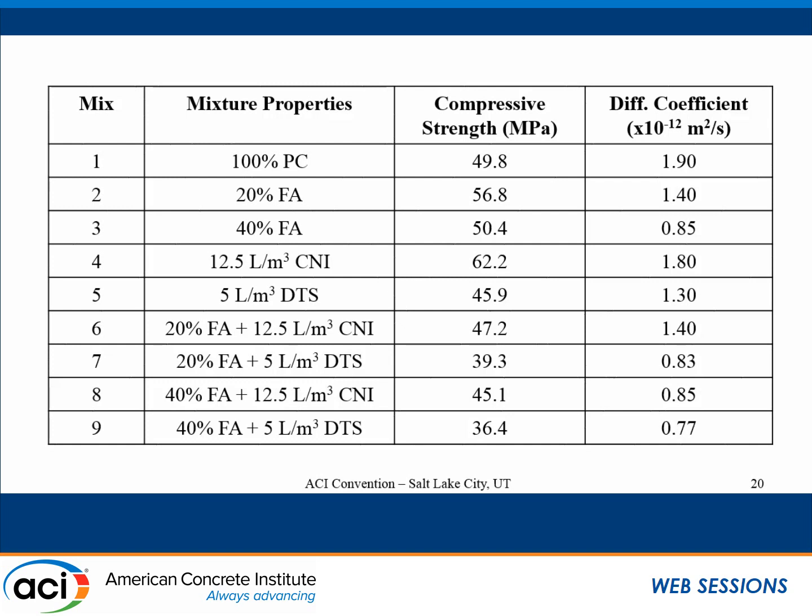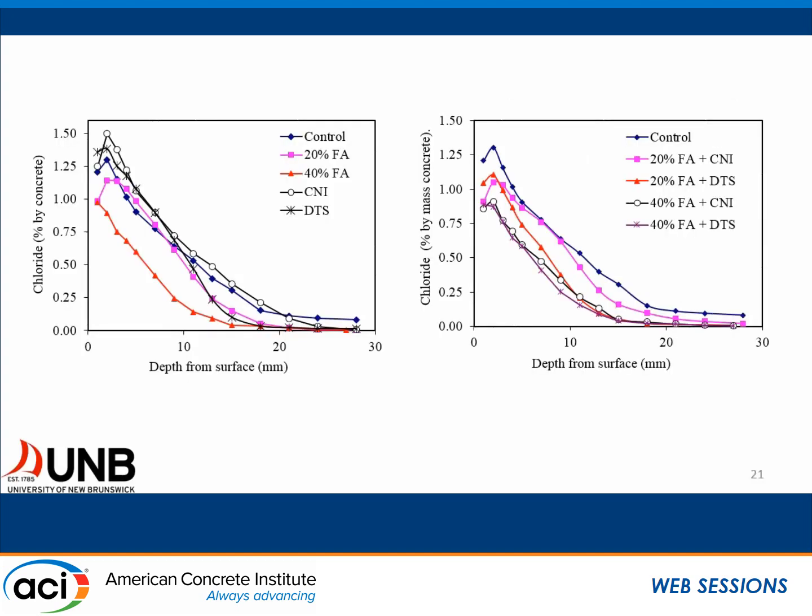However, the synergistic effect between fly ash and these corrosion inhibitors is shown to produce a marked reduction in chloride penetration. This is supported by looking at chloride penetration profiles in accordance with ASTM C1556 after 1 year. And really there's no beneficial effect in using corrosion inhibitors by themselves, as shown on the figure on the left-hand side. But with the addition of either 20 or 40% fly ash, we see a marked reduction in comparison to the